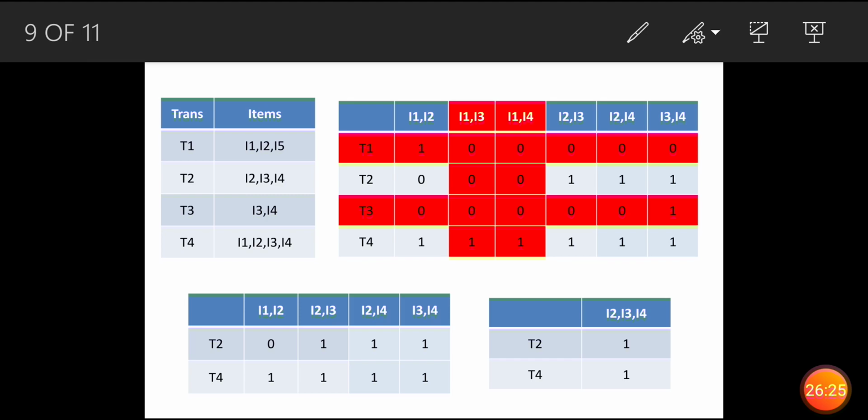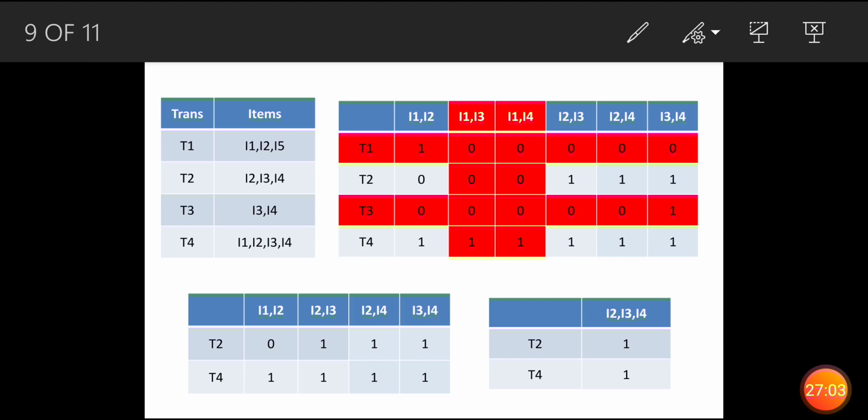But item wise, the sum for I1 I2 is 2, I1 I3 is 1, I1 I4 is 1, I2 I3 is 1 1, so 2, I2 I4 is 1 1, so 2, and I3 I4 is 1 1 1, so 3.